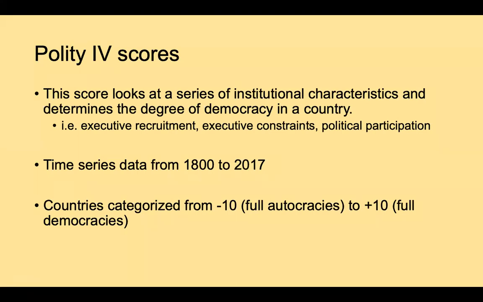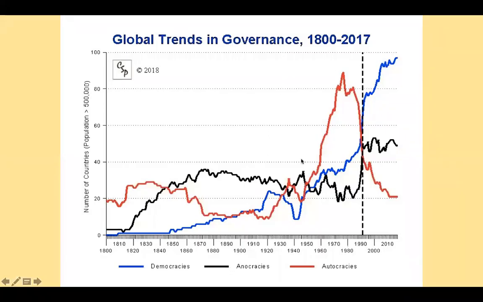So the United States, for example, is an 8 or a 9. And what that means is that for the most part, those different categories add points to the democracy score, as opposed to taking away points and contributing to the autocracy score. And so that's how individual countries get categorized.